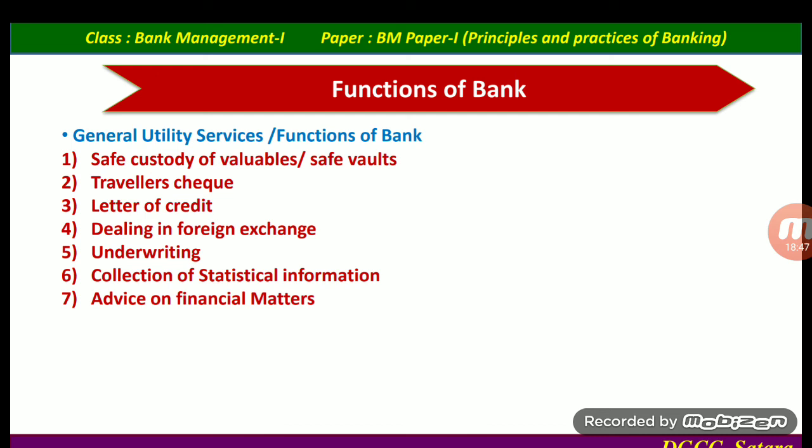The importance of underwriting is that, only because of the guarantee of the bank, the public prefers to purchase those shares. There is no risk of non-purchasing of shares by the public. This is another service provided by the modern banker, especially to joint stock companies. Underwriting, in simple words, indicates the guarantee by the bank to purchase a new issue of shares.